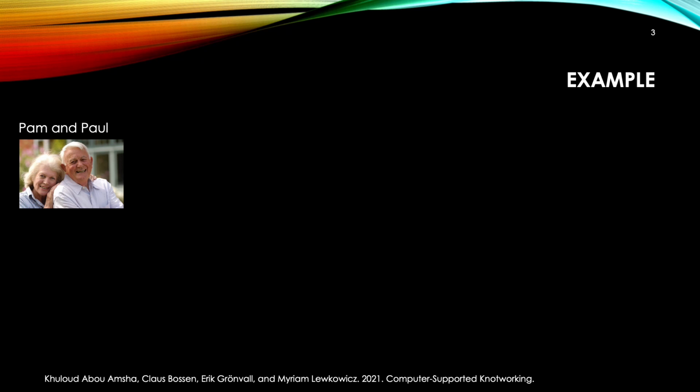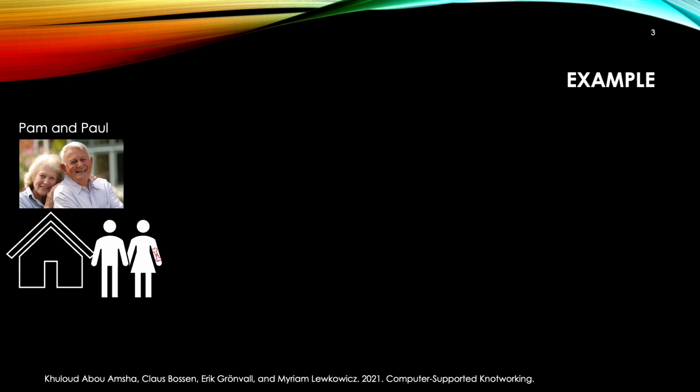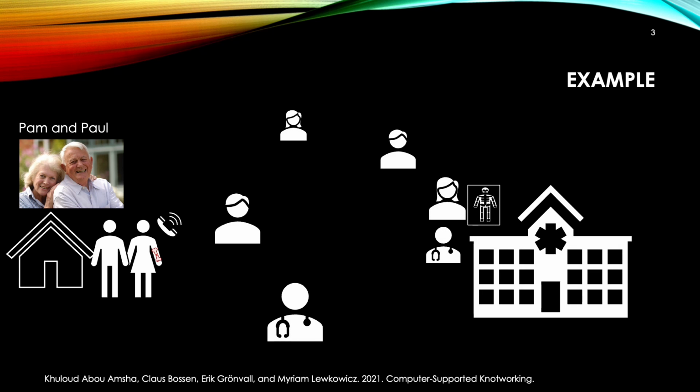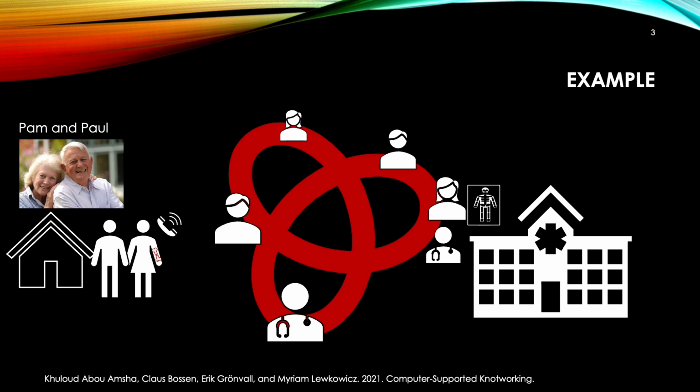Pam lives with her husband Paul, who is suffering from dementia. One day, Pam broke her arm. She has to be treated within a short time to avoid worsening the situation of Paul. In this case, home care staff, the general practitioner, the X-ray facility, and the orthopedic surgeon should organize an effective treatment trajectory. Though these actors didn't know each other before, they managed to work together and Pam got back home safely. This is an example of an episode of Knotworking.